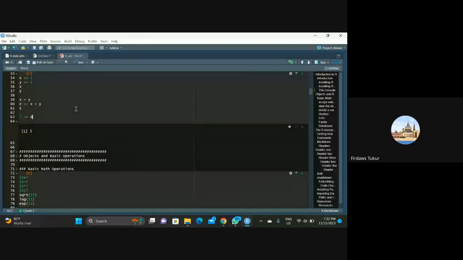I get this part. When you put x less than hyphen 2, you will see it in the environment: wherever R sees x, that means 2. Then y less than hyphen 3, wherever you see y, it means 3. Then when you go to where you did x plus y and press control enter, it will give you 5. But z less than hyphen x plus y, when you press control enter, won't show you anything. And then when you put z,